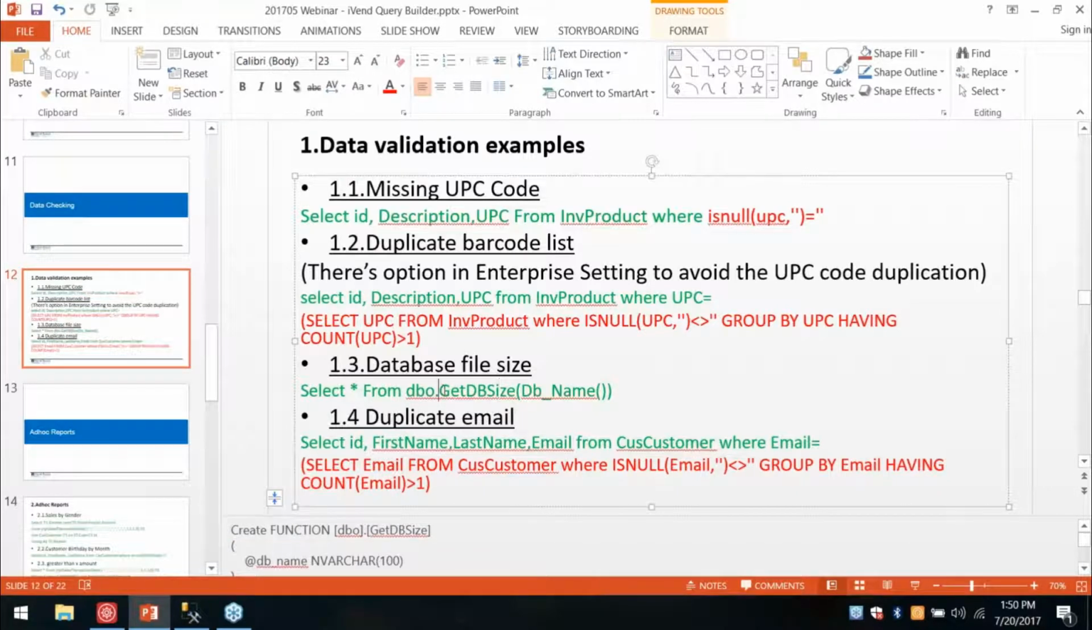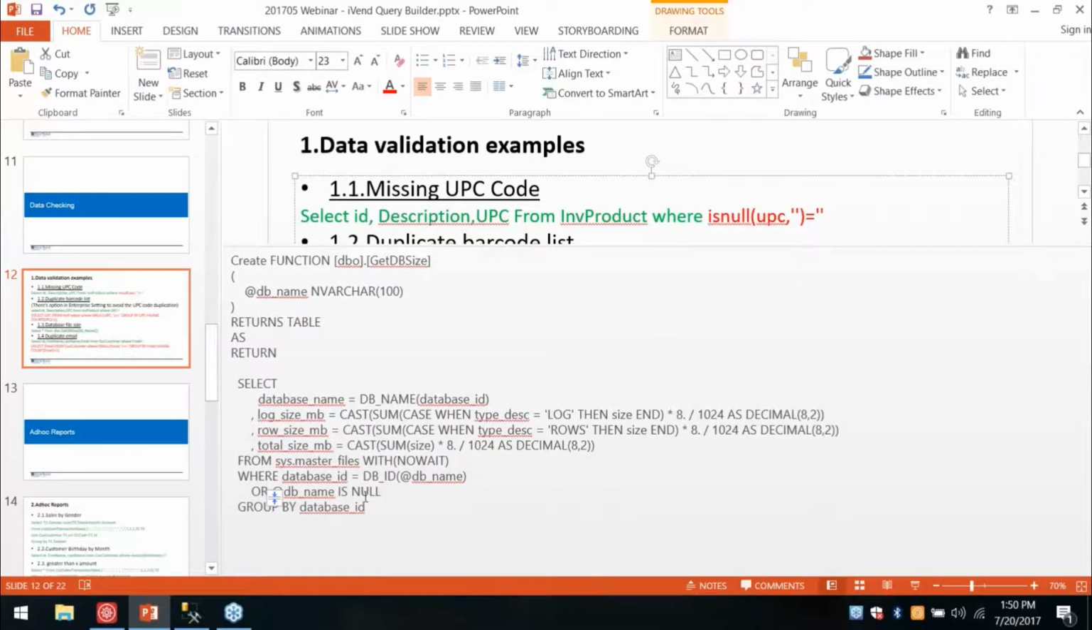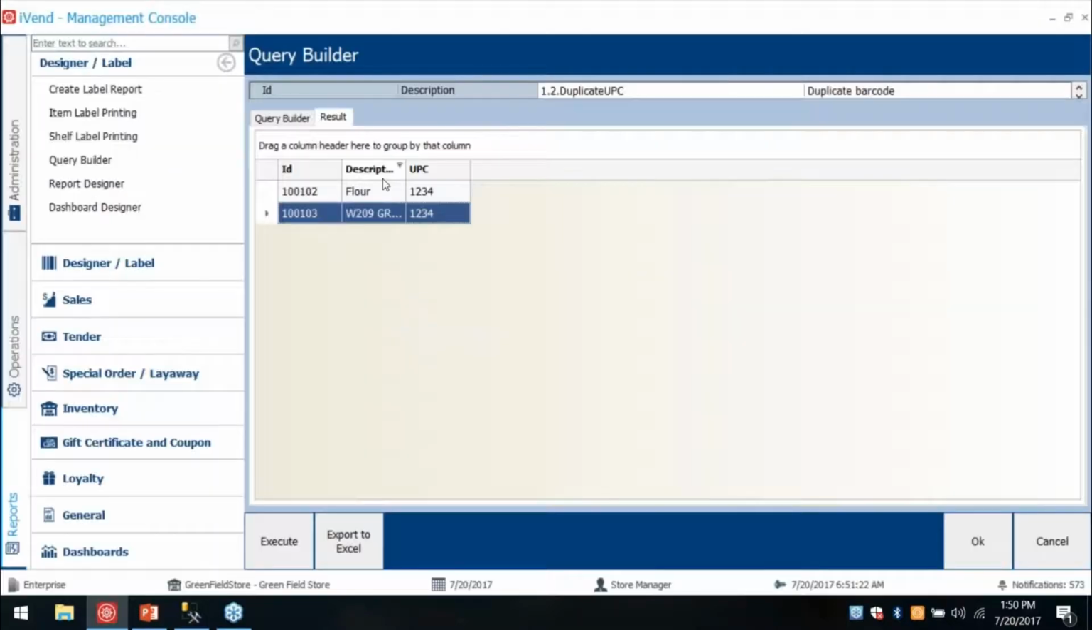I call the function get db size. This is a custom function, so the function will be like this. This one returns the size of the database. Okay, this one you can easily get from the internet. You can search for how to get the database size. And you create the function in the iVend database, and in the management console, the query builder, you just